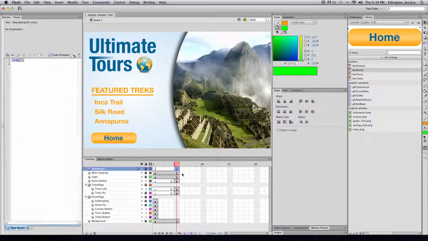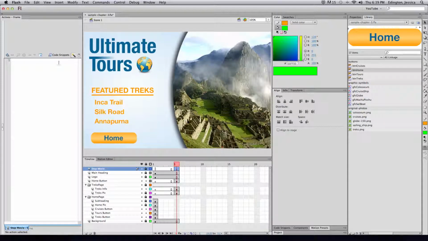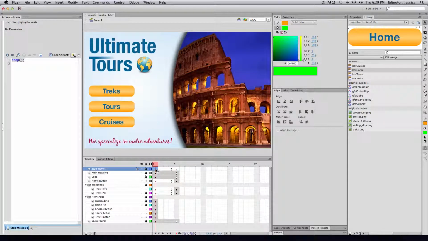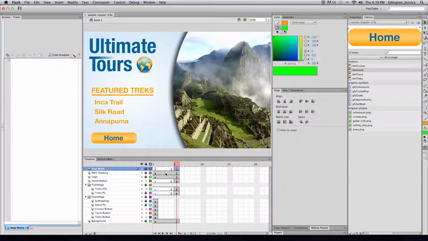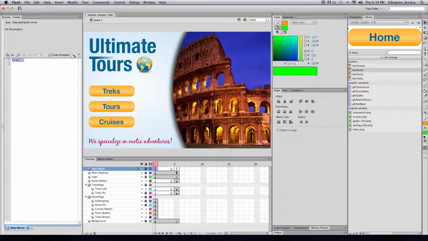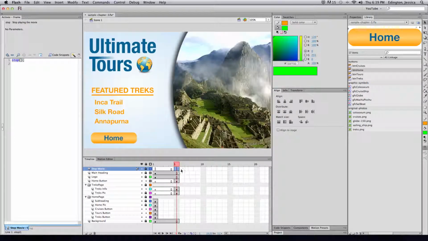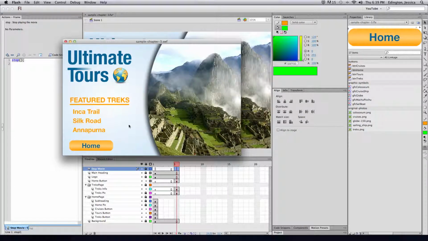So instead, we're going to go ahead and add a blank keyframe here by going to Insert, Timeline, Blank Keyframe. And now you can see there's no actions here. This stop action applies to all these frames, but as soon as there's a blank keyframe, it's asking you for a new action. So timeline control and stop. Those 2 A's are all on the same layer. Now if I go ahead and preview the movie, Trex, and it stops there, home doesn't work,